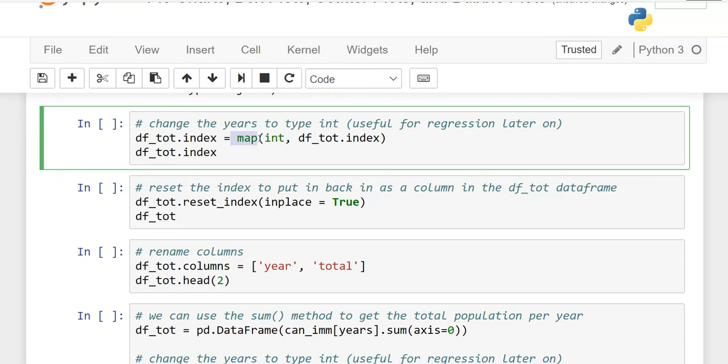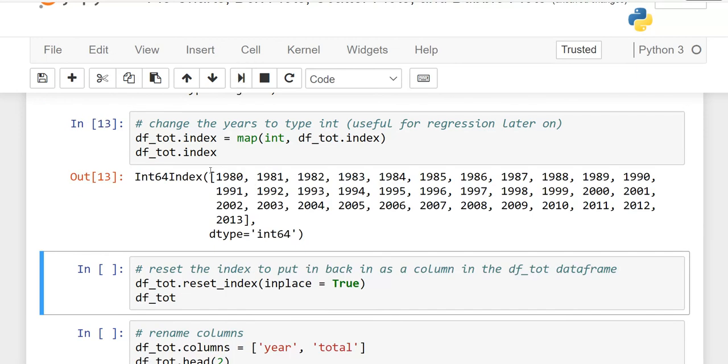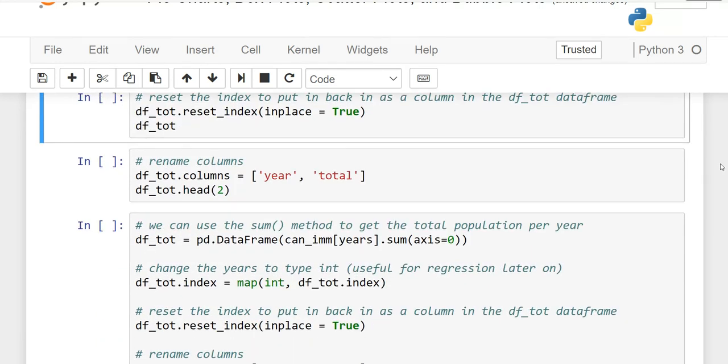How to do it? Map. If you want to convert the data type, then you have to use the map function. In parentheses, you have to provide two parameters. The first one is the type into which you want to convert. In the last lesson we did string, str, so here it is integer. Do not write integer completely, only int, and this is our data frame dot index. And when I check it, you will see now the quotation marks have gone. It means now it is converted to integer data type. Okay, our next step is